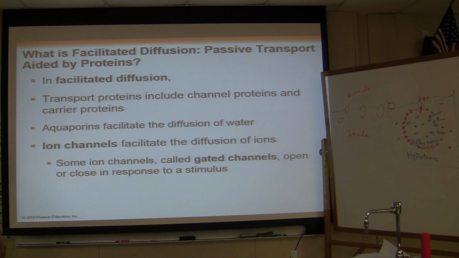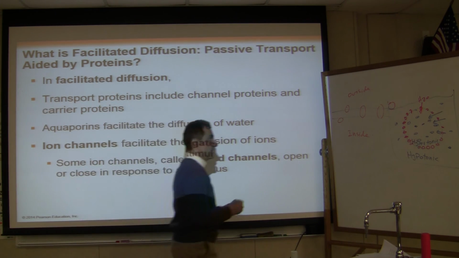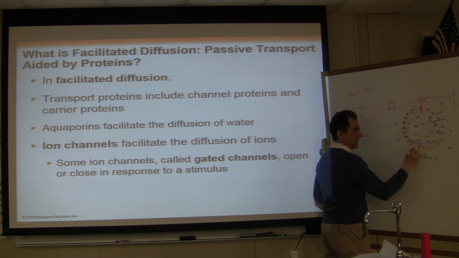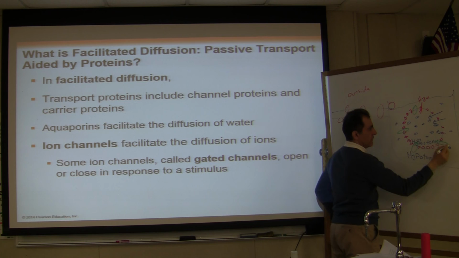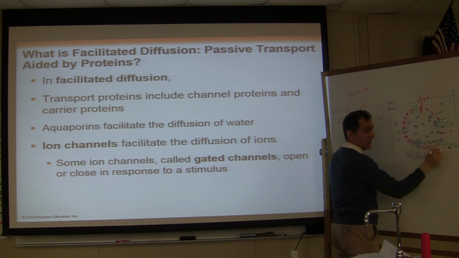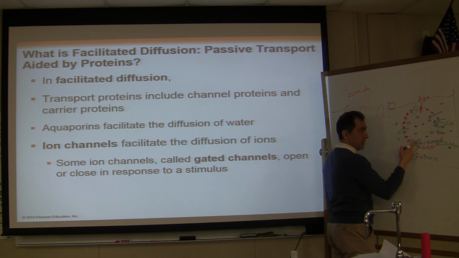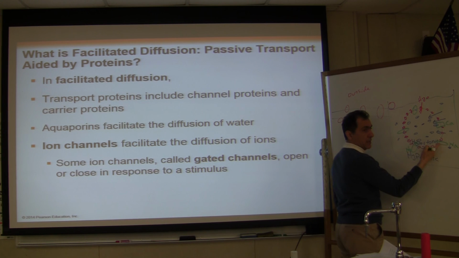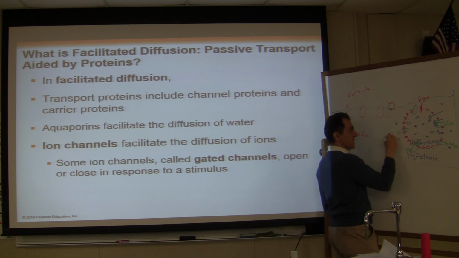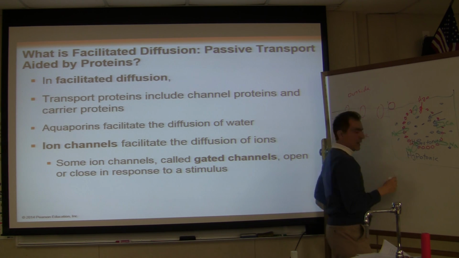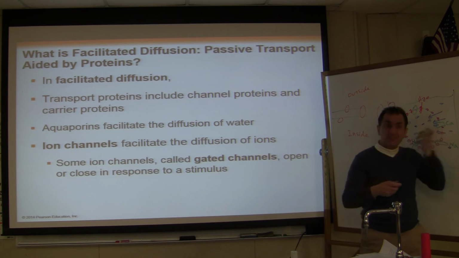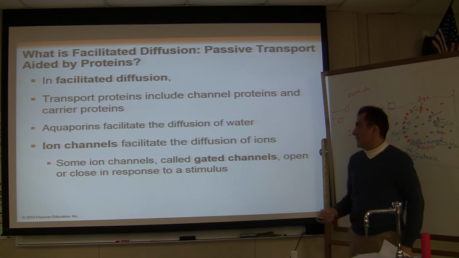So ion channels, maybe I should draw something different. Ion channels, by far there are fewer of them. This is ion channel, ion channel, ion channel. For example, this would be for sodium, this would be for calcium. They're different. The channel that allows sodium in does not allow calcium in. The calcium channel is different. I draw that as a rectangle. I draw this sodium channel as an oval shape. I hope I'm making some sense. So they are different. For each ion, the protein shape is different. Okay,